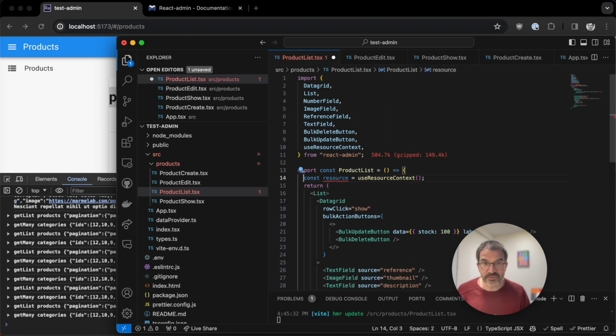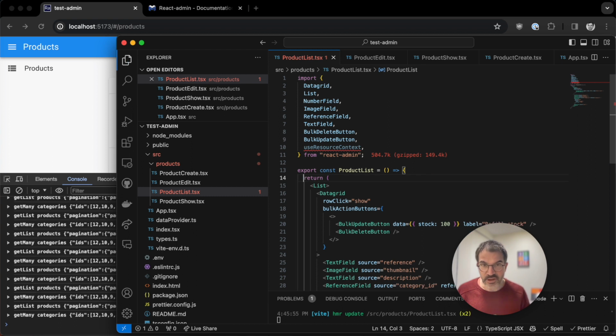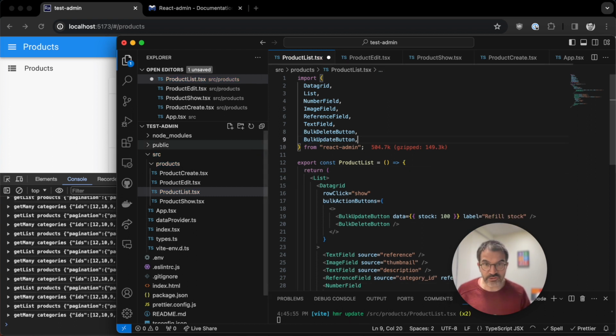And the one last function of this component resource is that it defines an application-wide configuration.